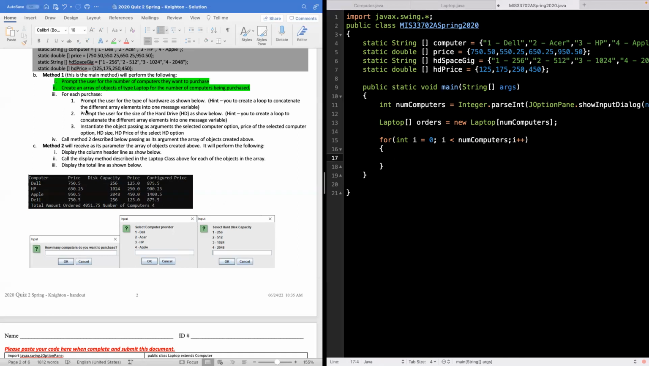So here, it says prompt the user for the type of hardware as shown below. Hint, you create a loop. So we're going to be using a nested loop, and we're going to concatenate the different array elements into one